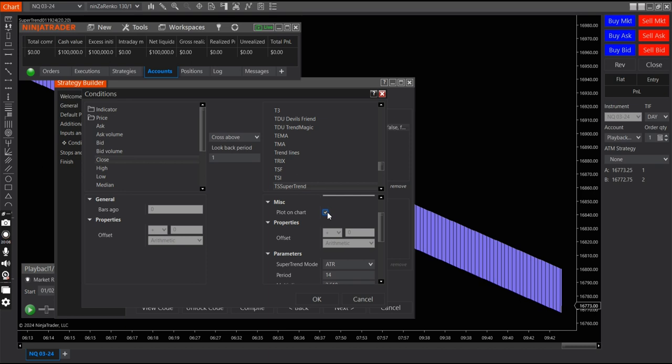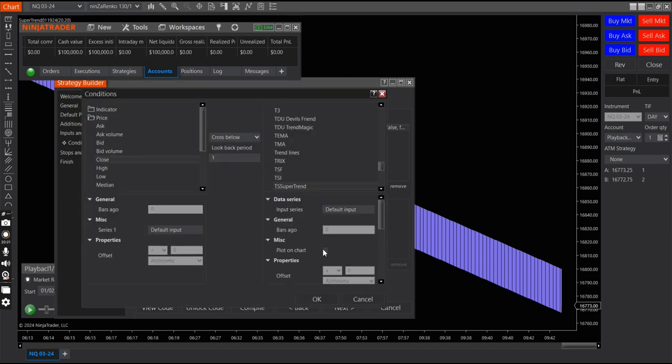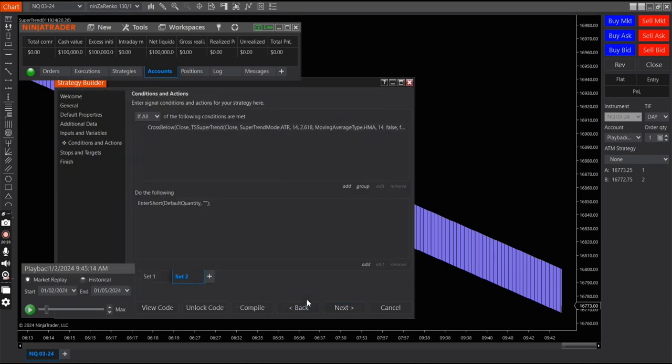So that's what I forgot to mention and show you. So I click OK, and then I go here, edit, and then plot on chart, and click OK. So now when I compile,